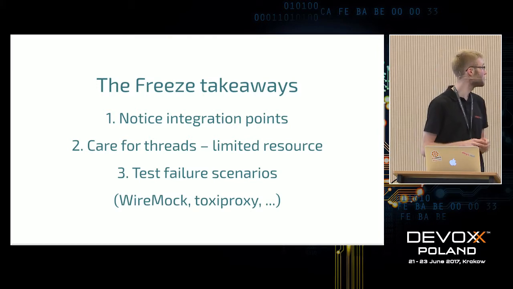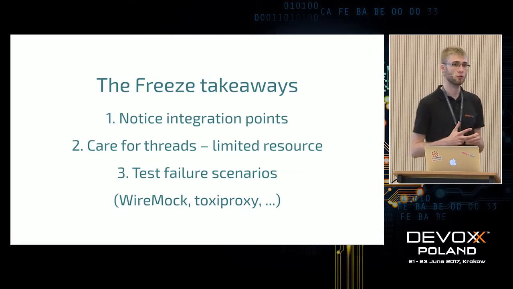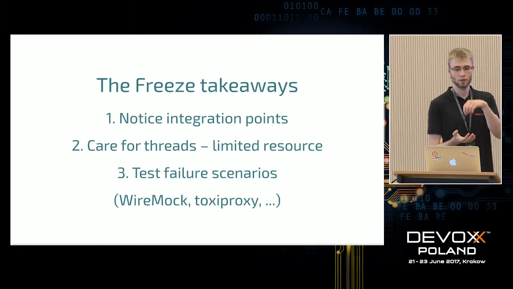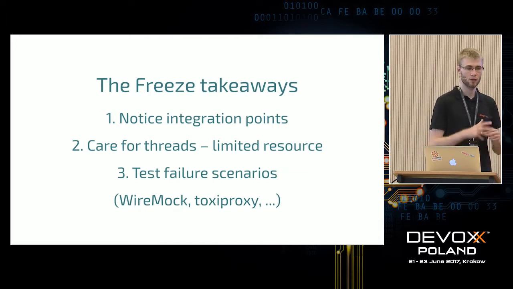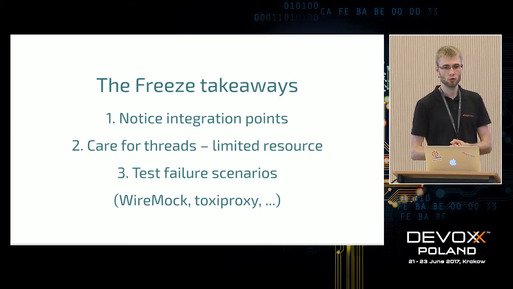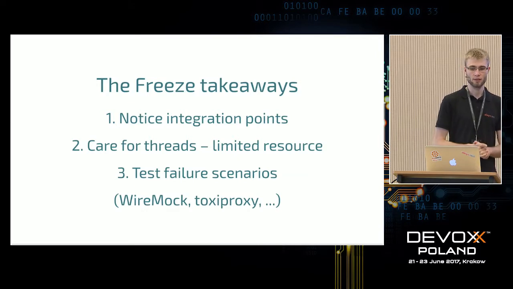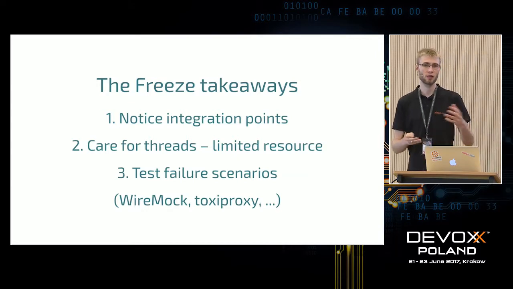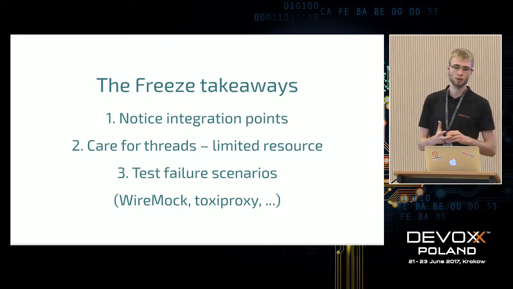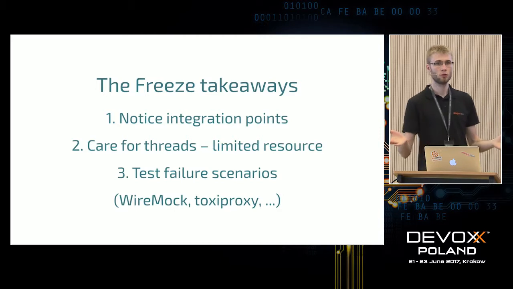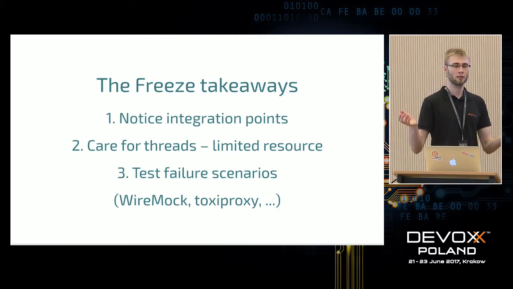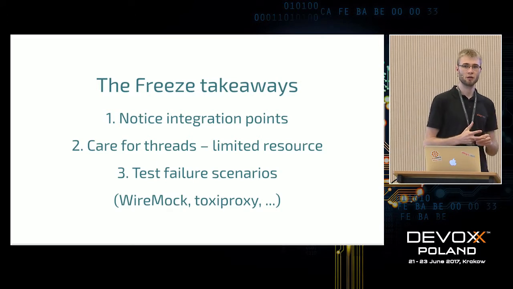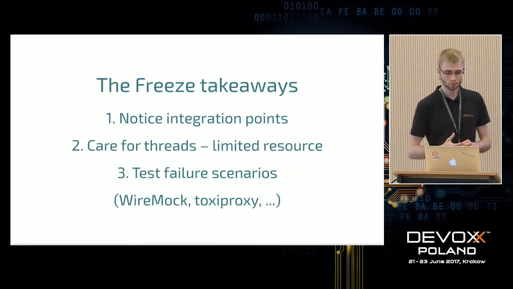And thirdly, test failure scenarios. We have a lot of ways of doing that. We can use WireMock in integration tests inside our application, where we can stub our dependencies and inject some faults, like delaying the response or responding with some garbage. Then we can check in integration tests what happens. If there is a long delay, do we block? Do we get some exception that we don't handle and we respond 500 internal server error to our clients, or do we handle it gracefully and do something better?